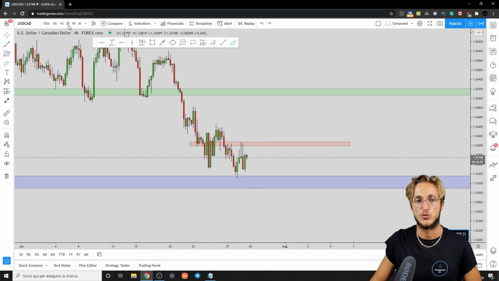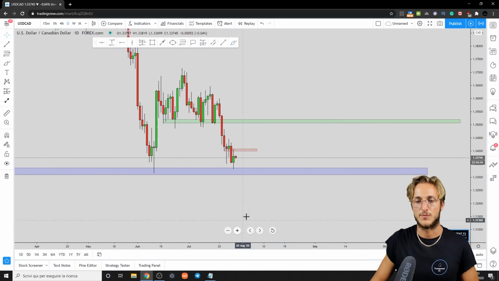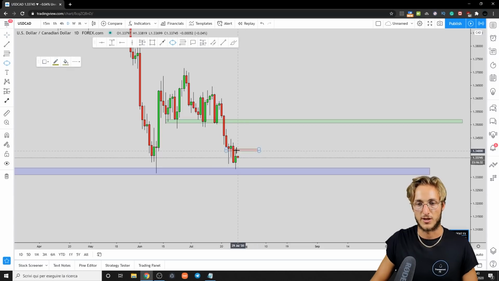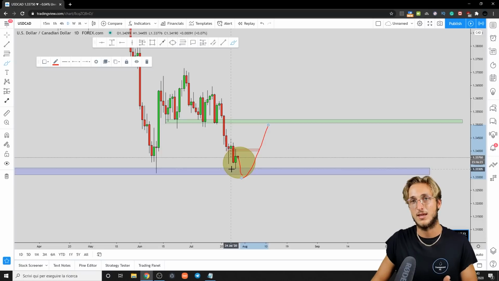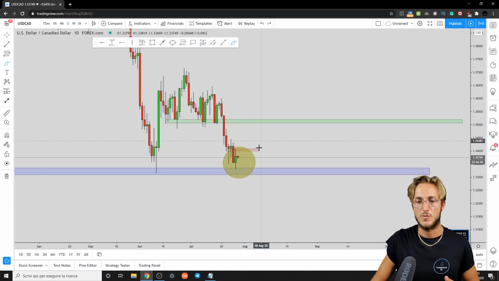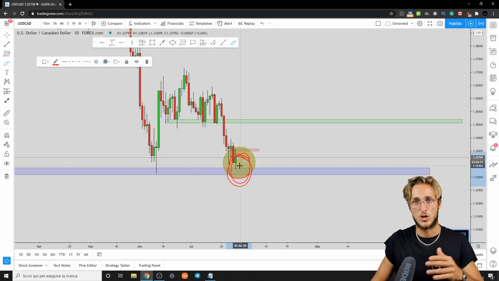Everything is still too premature, but this doesn't mean that the market cannot provide a trading opportunity. That is why all inside of this area, no matter how much to the downside the market will go, if we will see a spike to the downside, it will be even better, because then for the move to the upside, we will have more liquidity and a better risk to reward. So with students, we will be monitoring price action all inside of this area, waiting on the 4-hour time frame for the market to shift from a bearish to a bullish market. And as soon as the market will shift from a bearish to a bullish market, at that point we will